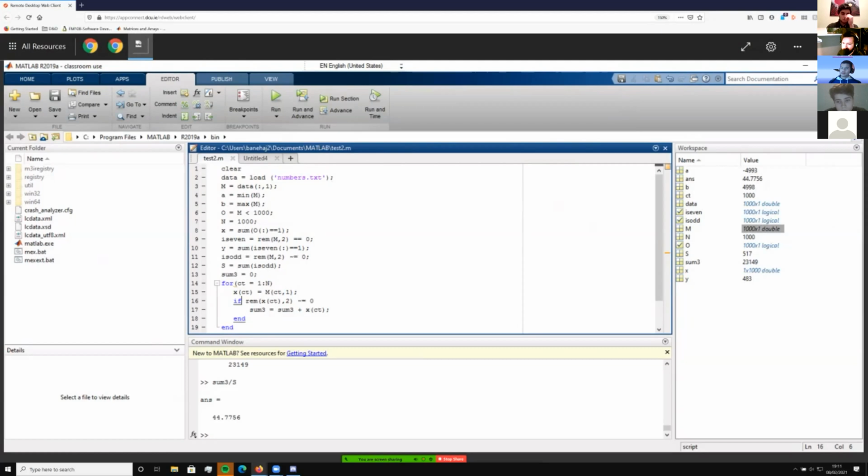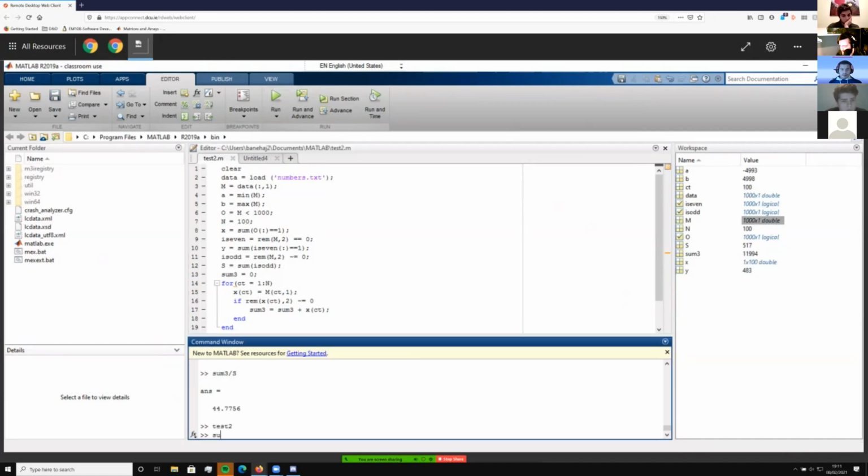So for this if statement here, it underlines it. Thankfully, I didn't know it did that. Anything between these underlined terms is what's going to happen with this if statement. And then the same thing for this for loop. Anything between here and here is going to happen every time it increases this element of the for loop, all the way up to n, which is 1,000. So if I wanted to make this 100 and then run it, and then type in sum 3, it's way smaller because it's only doing the first 100 numbers, as opposed to the full 1,000 numbers.